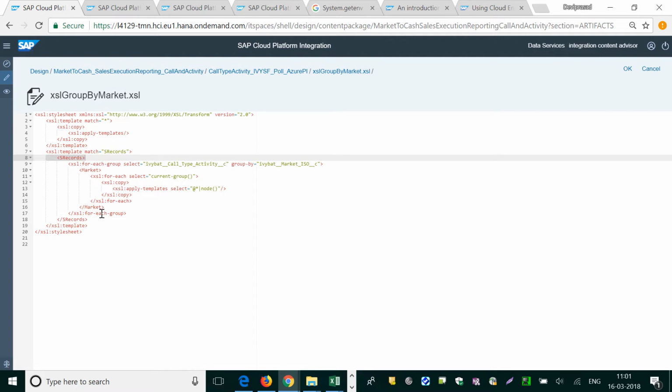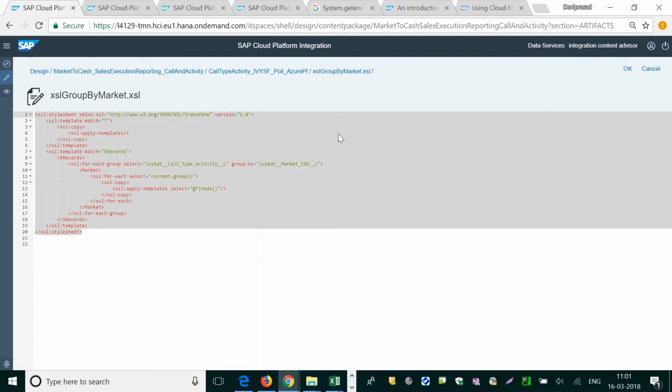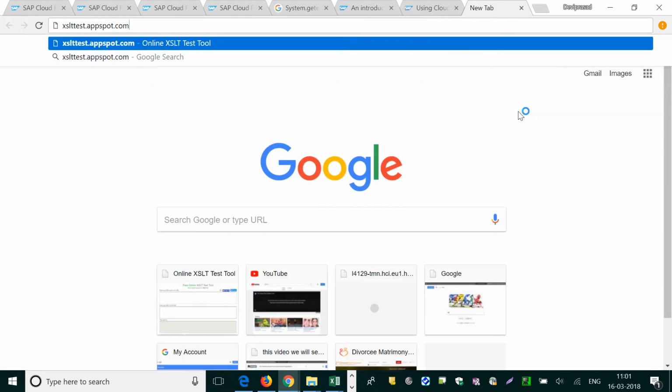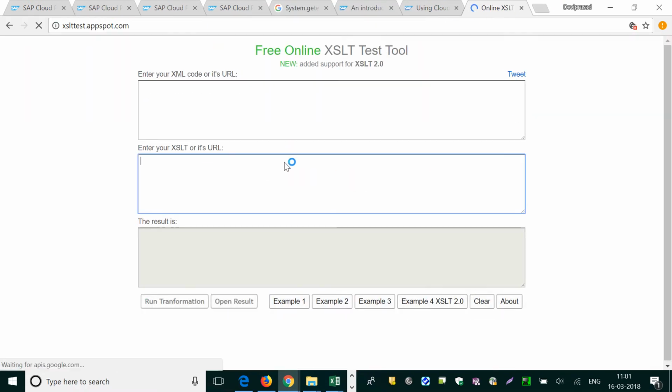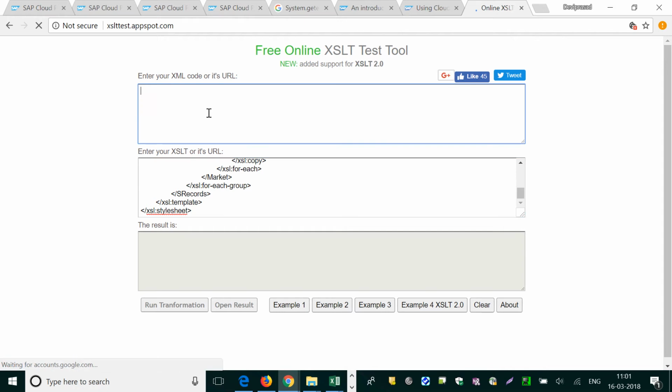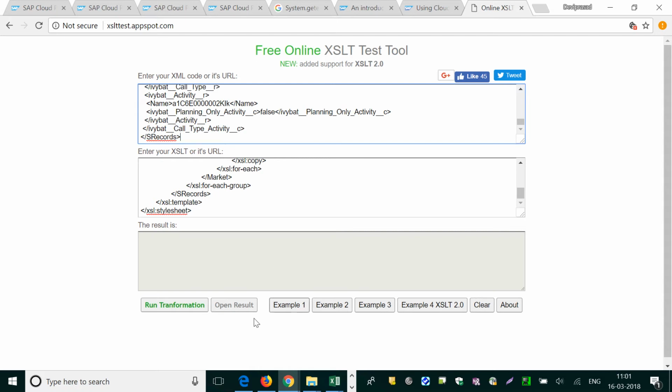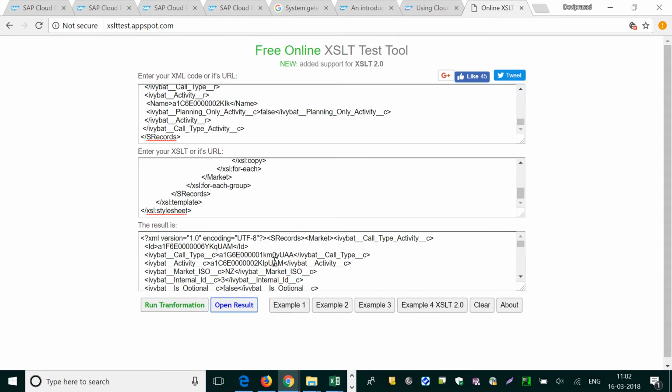Okay, so it will fetch the data. For example, if you want to apply the same one, you do one thing: open an online XSLT tool. This is the code you can paste here, and we have the XML code also, right? Control A, Control C, and Control V here, and run transformation. So here